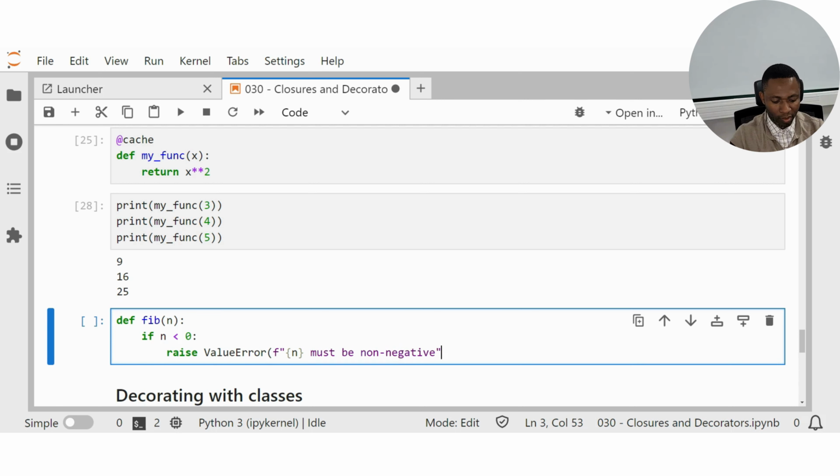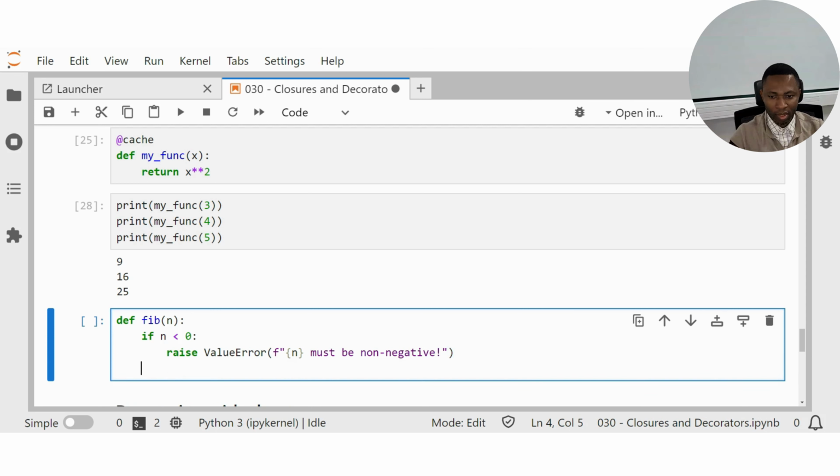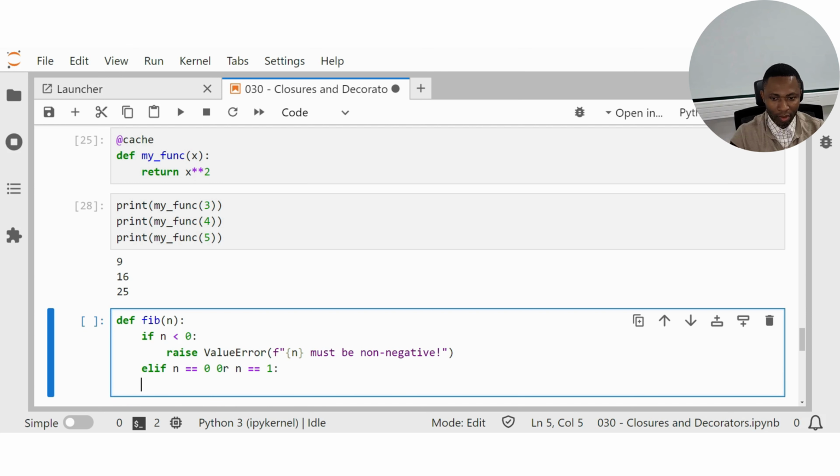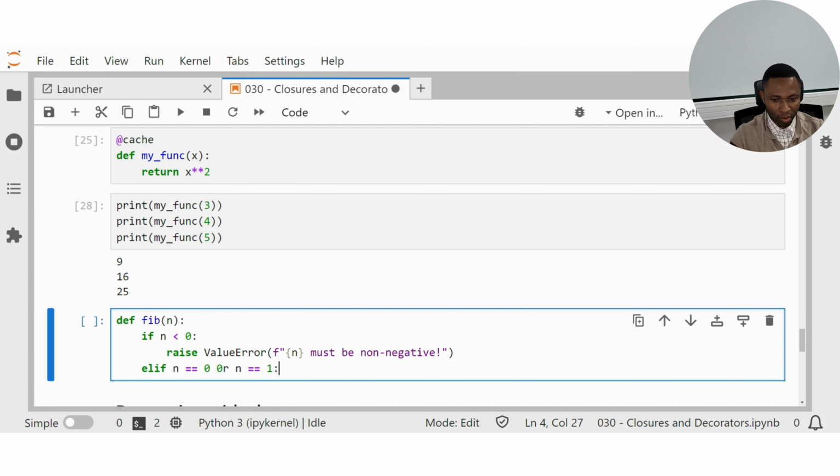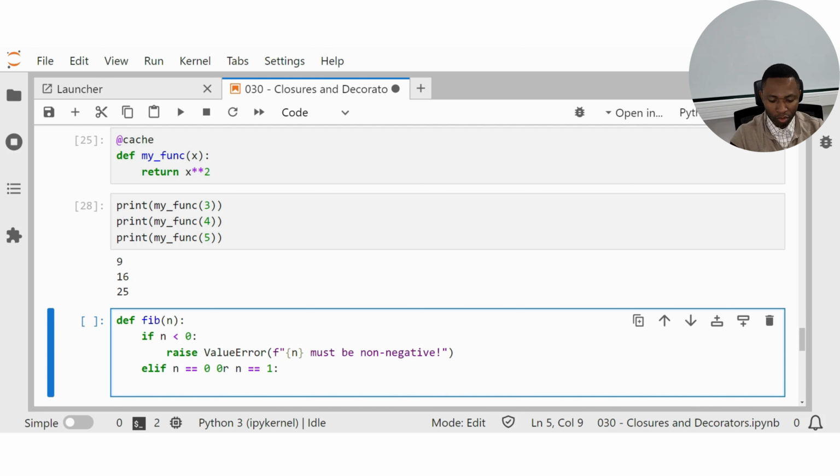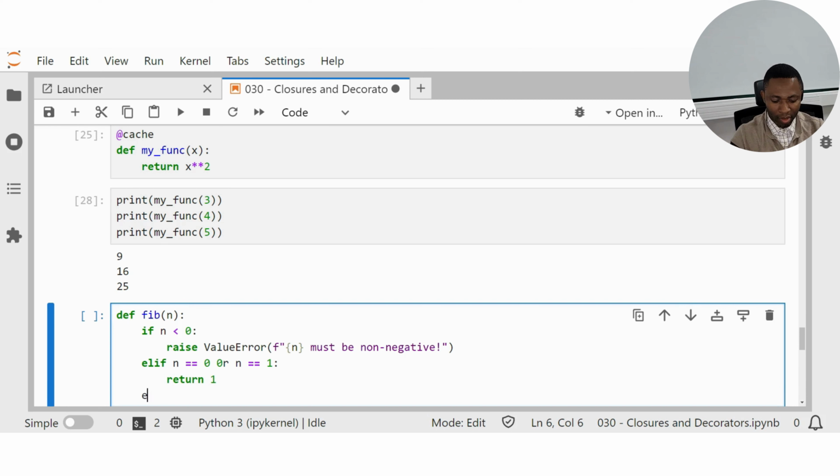So I'll close it. Now, elif n equals 0 or n equals 1, we should return 1. Else,